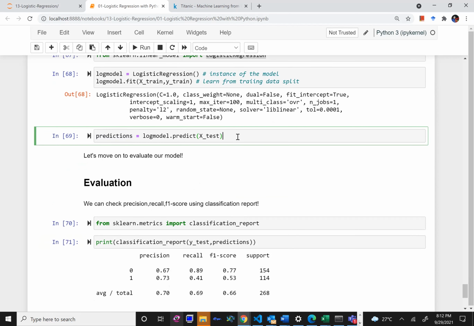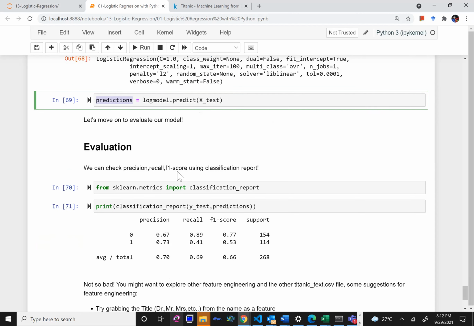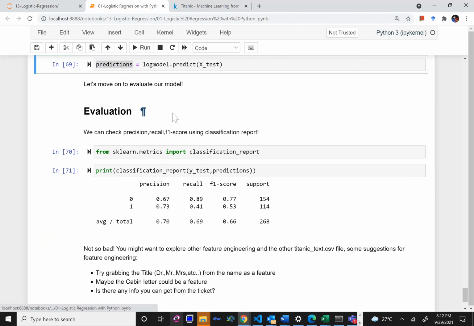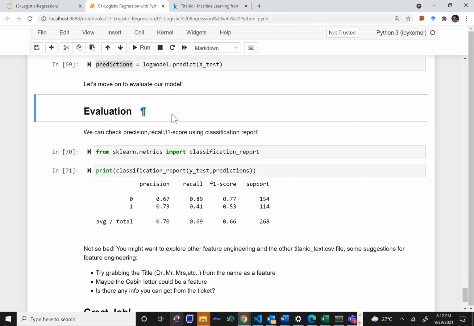All the predictions by this model have been stored in the predictions variable. Now I want to check what the performance is, how my model did. I gave 70% of the questions to my model to learn from, then it made predictions on the remaining 30% of the questions. Now I want to check how many marks it has scored, how well my model has performed.